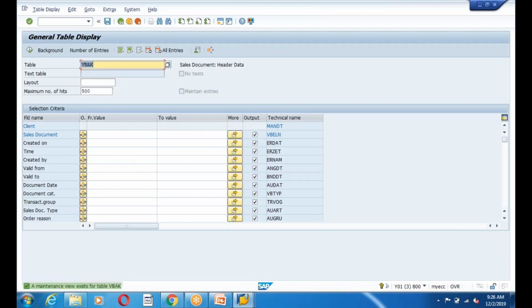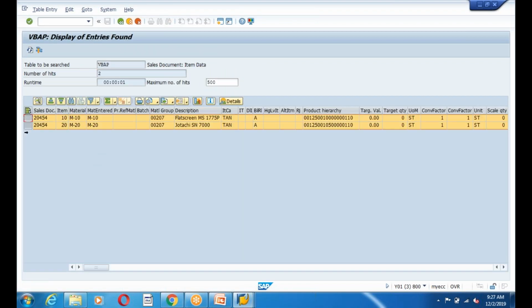SE16, and what is the item database table for sales order? VBAP, very good. So it's VBAP and give the order 20454 and execute. And see, guys, do I have the same document, a duplicate document? Why?